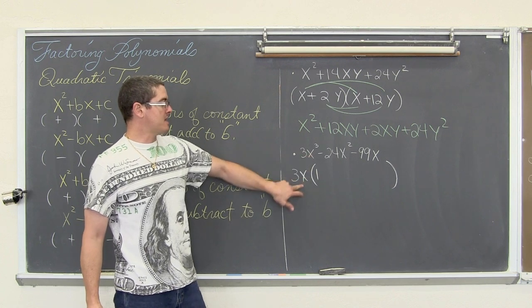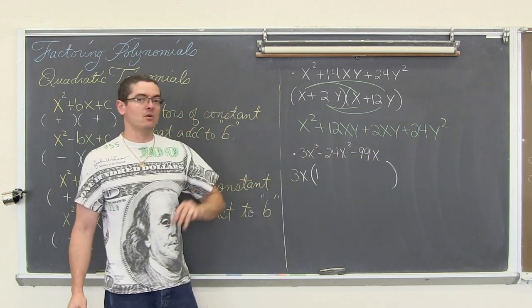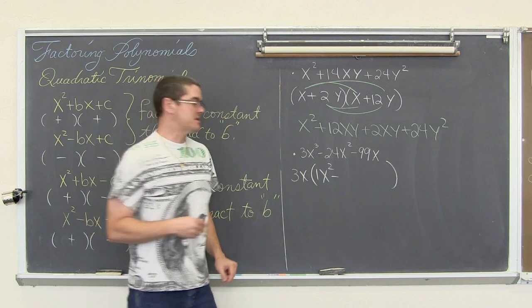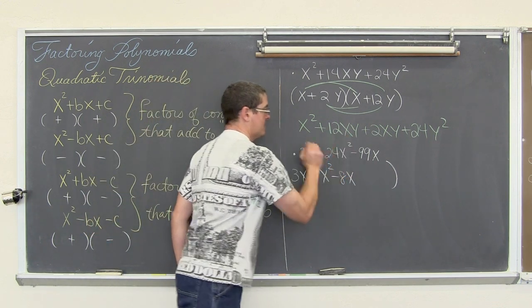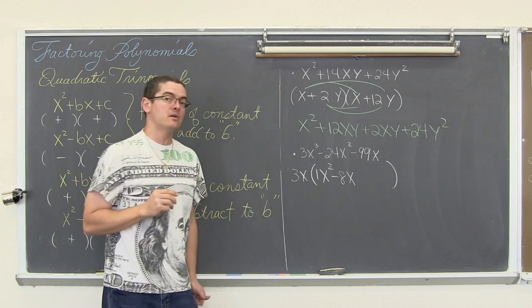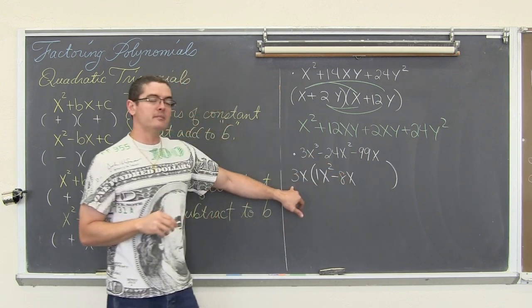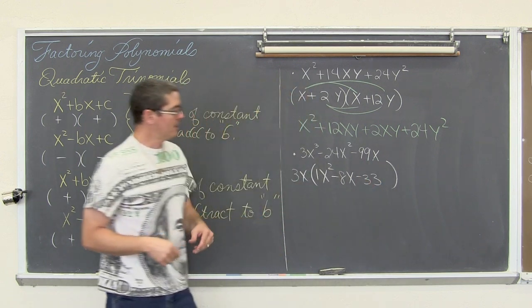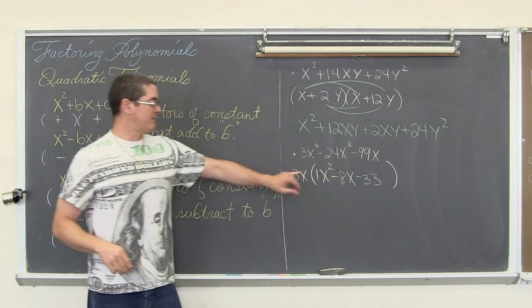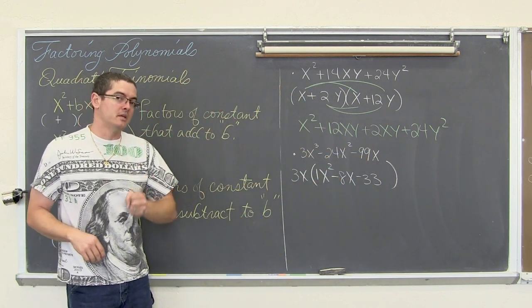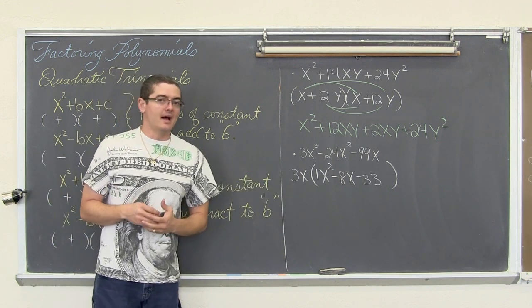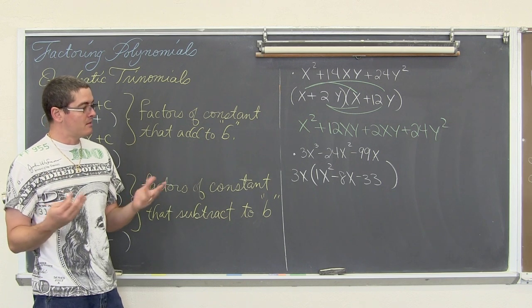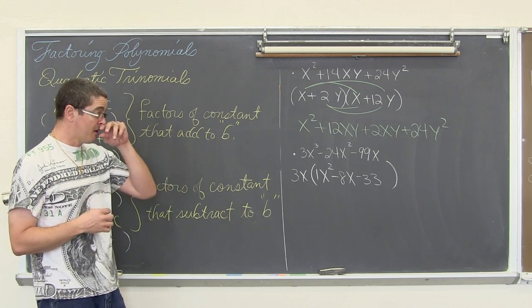We're factoring an x out of each of these terms, so if we have 3 x's here and we're taking one of them out, we're left with x squared. 24 divided by 3 is 8, so minus 8x, because there's x squared and we're taking one of those out. And then finally 99 divided by 3 is 33. And the only x that's in this term I've now taken or pulled out or undistributed or divided out with our 3x. Now we can factor x squared minus 8x minus 33.